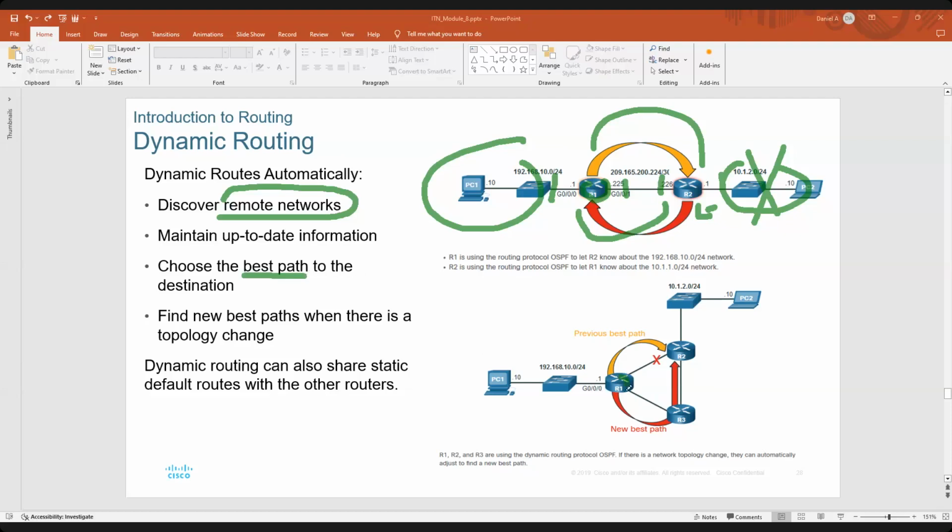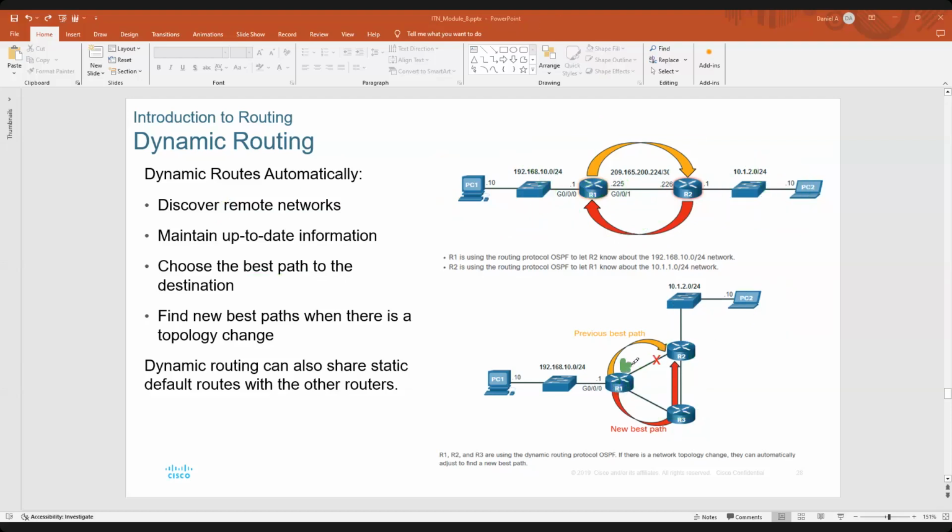ለምሳሌ እዚህ ጋር አር1 እዚህ ለመሄድ ሁለት አማራጭ አለ፣ በዚህ በኩል ወይም ደግሞ በዚህ በኩል። ስለዚህ ዳይናሚክ ራውቲንግ ፕሮቶኮል ኢኔብል እናደርጋለን አር1 ላይ፣ አር2 ላይ፣ አር3 ላይ። ስለዚህ እነዚህ ዳይናሚክ ራውቲንግ ፕሮቶኮሎች it has to calculate the best path። ስለዚህ አር1 ላይ ያለው በዚህ በኩል ያለውንና በዚህ በኩል ያለውን ሁለቱንም ፓዞች it has to just identify and it has to compare የትኛው ነው ቤስት ፓዝ። ስለዚህ ቤስት ፓዙን ይይዛል። ሌላውን ደግሞ በፈር አድርጎ ቁጭ ያደርጋል። እንደ ድንገት ቤስት ፓዙ ለምሳሌ ቢቋረጥበት አውቶማቲካሊ ሌላኛውን ፓዝ ይጠቀማል።